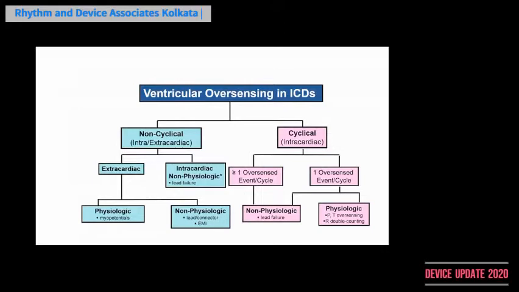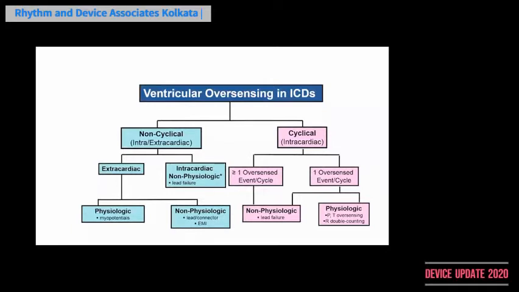Is it associated with each cardiac cycle, at a particular part of the cardiac cycle every time, or not? If it is cyclical oversensing, most of the time the problem is intracardiac oversensing. If it is non-cyclical oversensing, it can be due to an extracardiac signal or an intracardiac signal. Now, whenever you have cyclical oversensing, you have to think about how many oversensed events there are